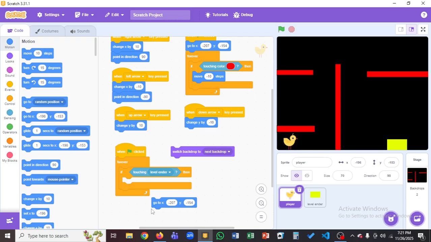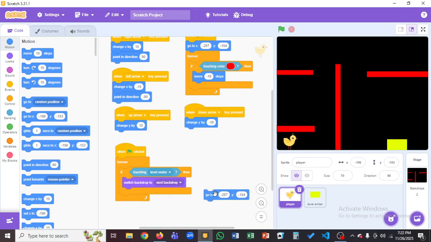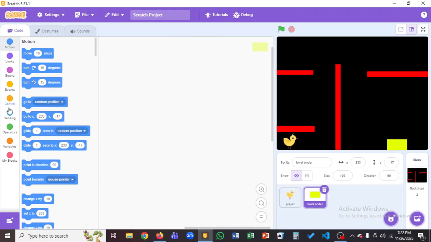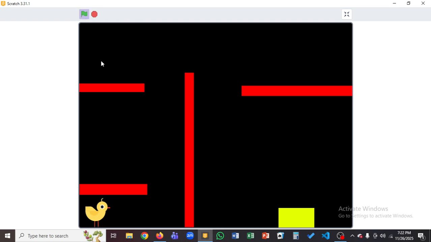So touching level ender, then switch backdrop to next backdrop and go to X position. Now let's see. Okay, so it's the same thing. So now we have to delete this code or else the computer won't work. Let's test it again. Okay guys, so